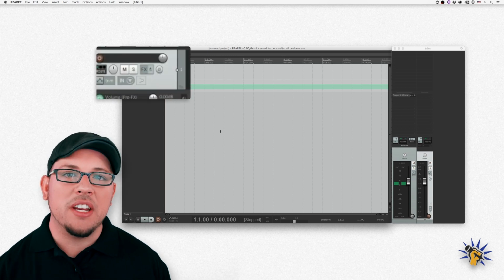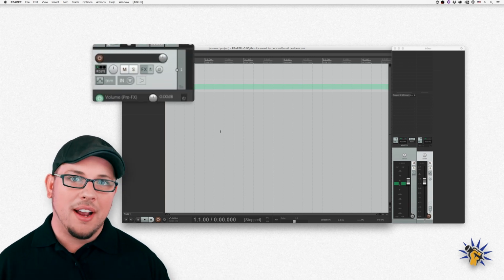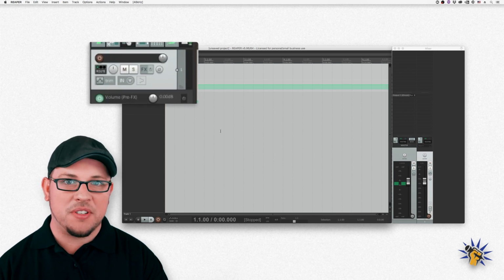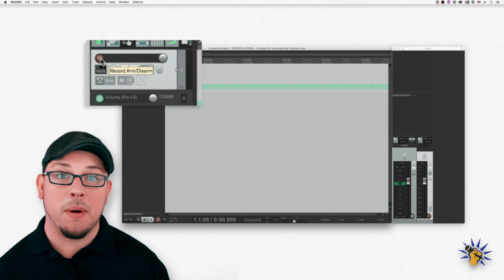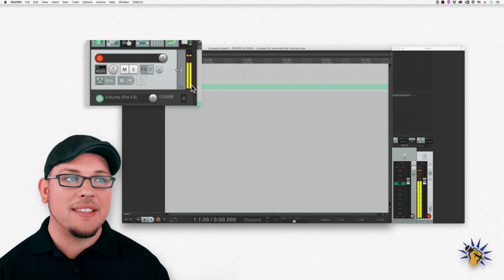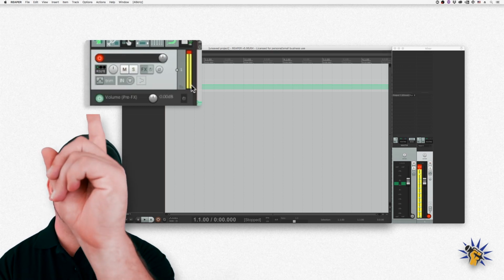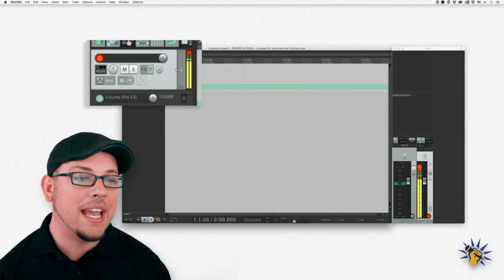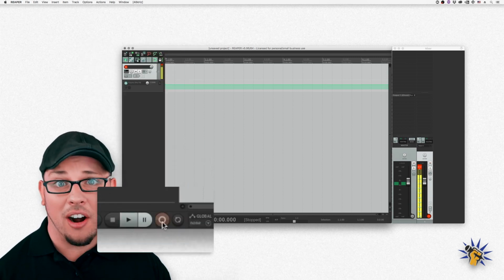Once you've done that, we need to arm the track for recording. And what that means is you're telling Reaper, when I press record, I want you to record the input sources for these selected tracks. And that's this button right here. When you click it, it turns red, the meter activates, and that's showing you that, yes, indeed, my microphone is connected to that track. So watch this. When I hit the record button down here, or on Mac, Command R,